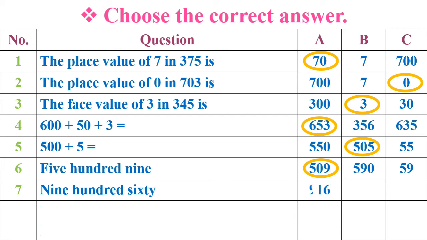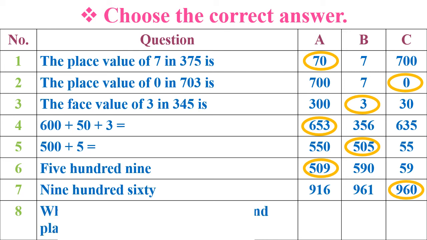Your next question, number 7, is 960. Again you got 3 options. How can we write down the 960? It's 916, 961, or 960. So you already know that we have to write 9 in the place of hundreds. So in these 3 options I already wrote 9. Now what about the 60? How can we write down the 60? We can write down 60 like this, 60. So your correct answer for 960 is